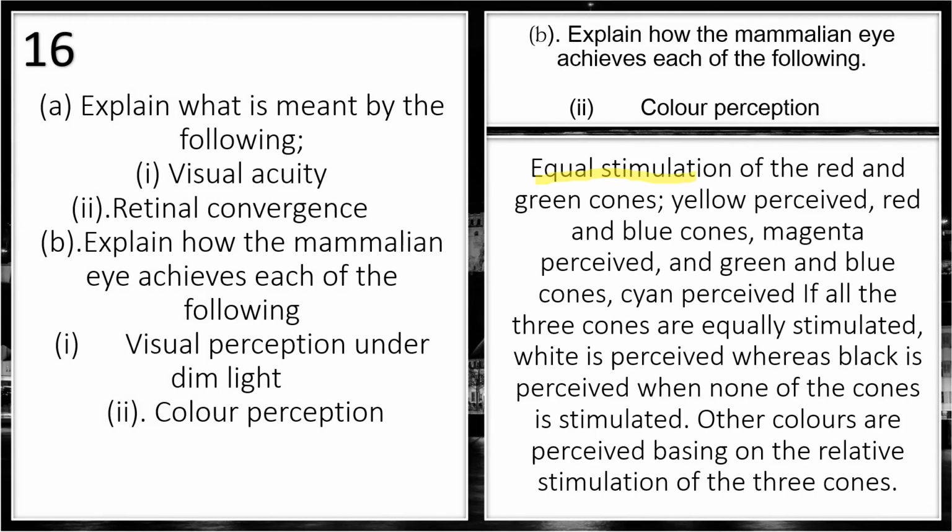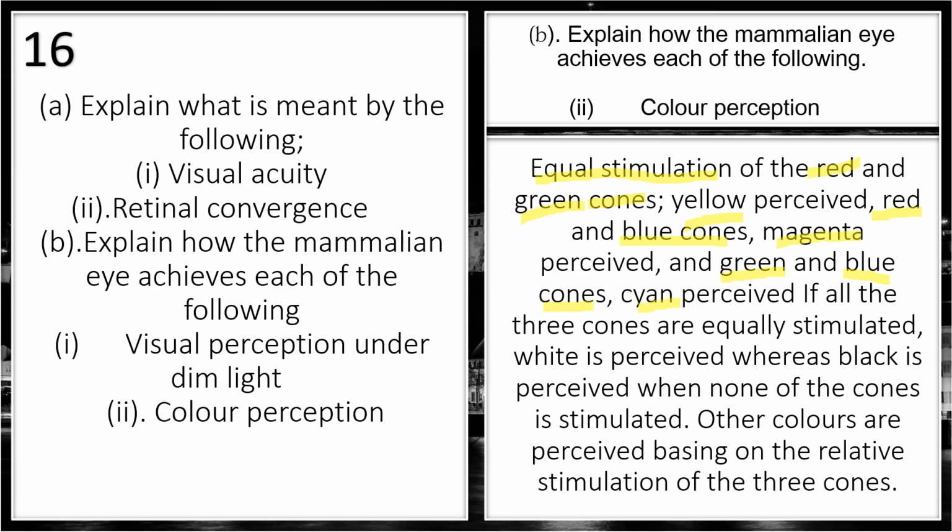With equal stimulation of the red and green cones, yellow light or yellow color is perceived. Equal stimulation of red and blue cones, magenta is perceived. Equal stimulation of green and blue cones,